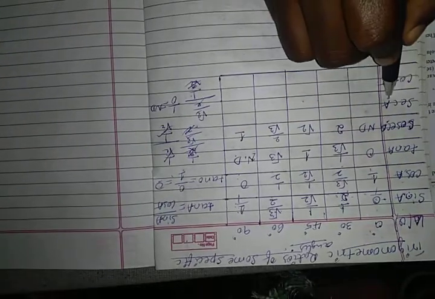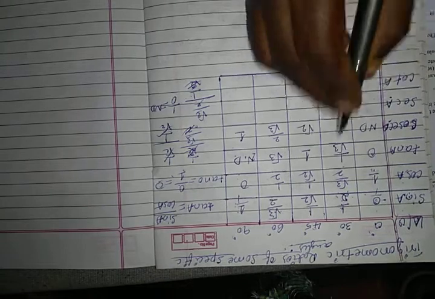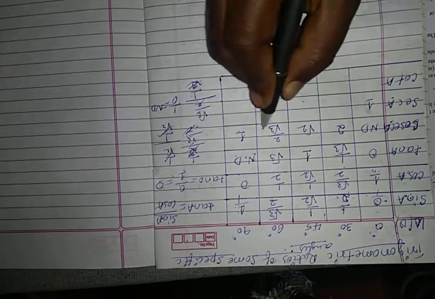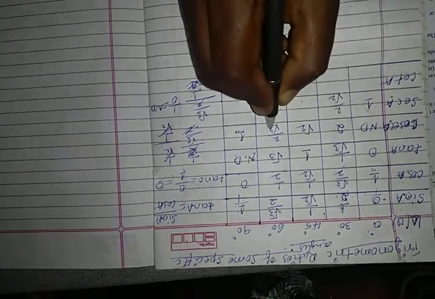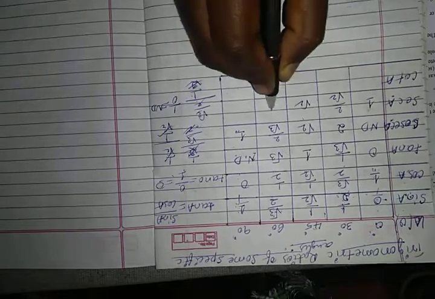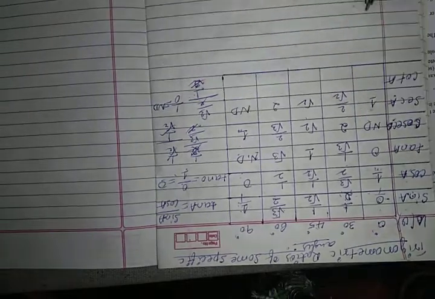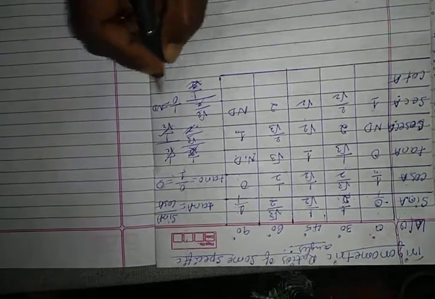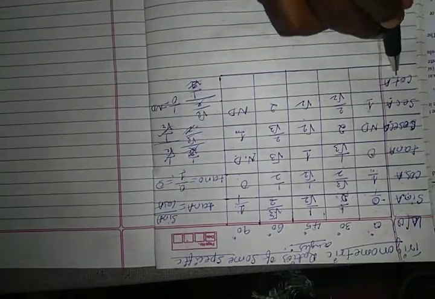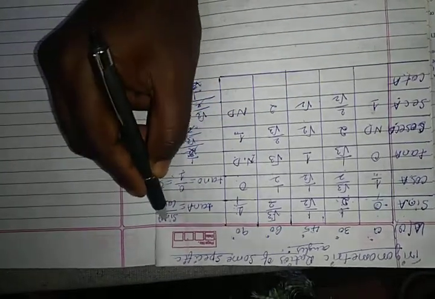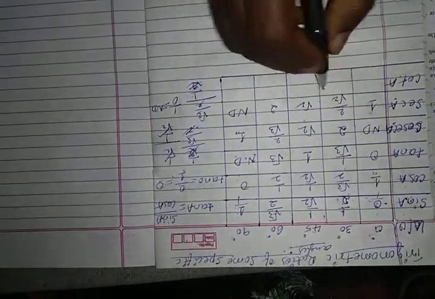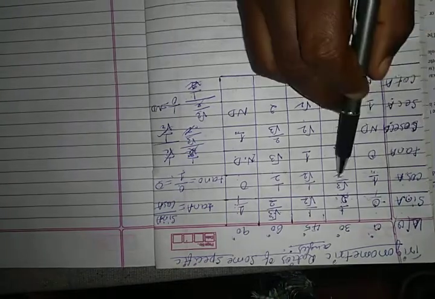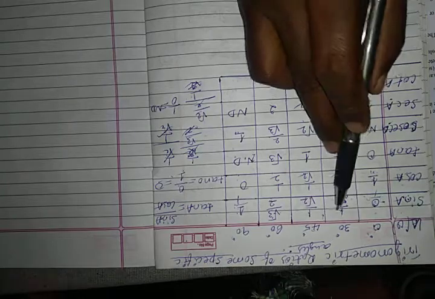And then secant is the reciprocal of cos, that is 1 by 1 is also 1, then 2 by root 3, and as it is root 2, this one is 2, and this is not defined, like that. And what is cot A? Already you know that cot A is cos A divided by sin A. So 1 divided by 0 is not defined, and 2 by root 3 divided by 1 by root 2 is root 3,